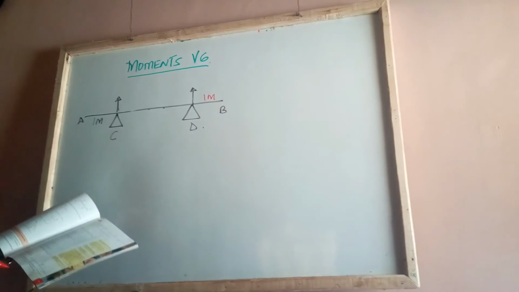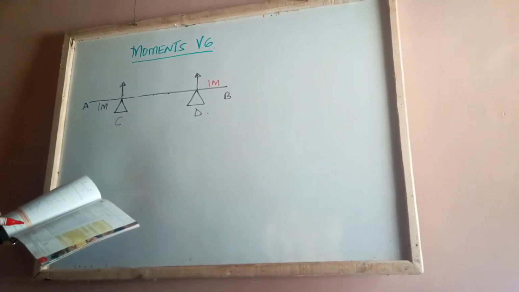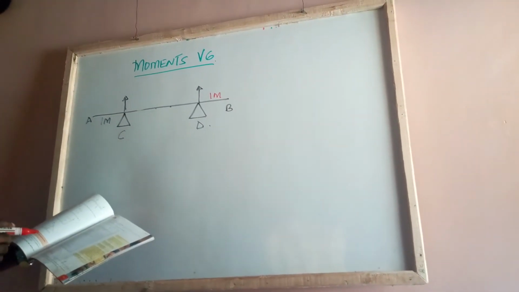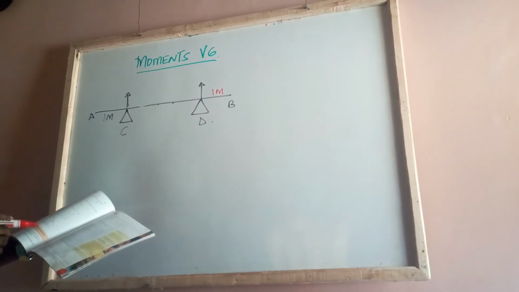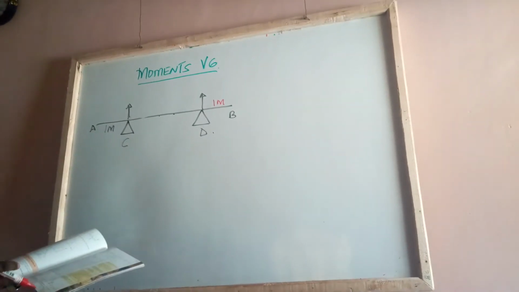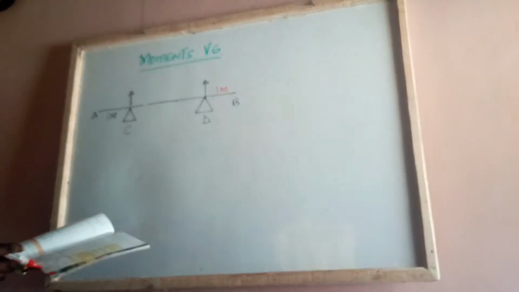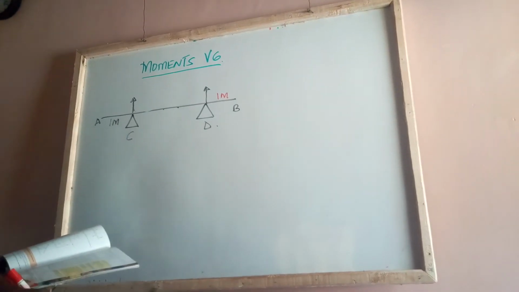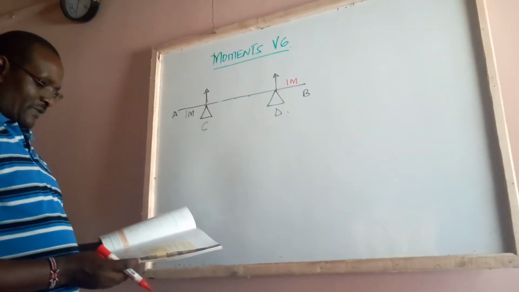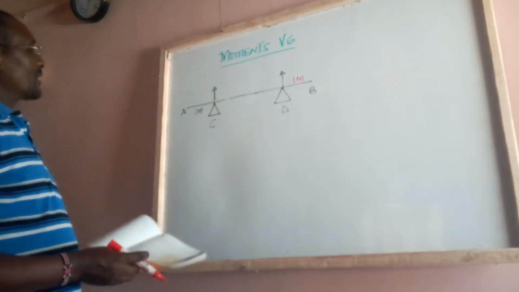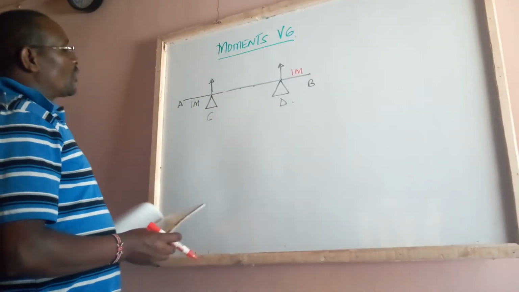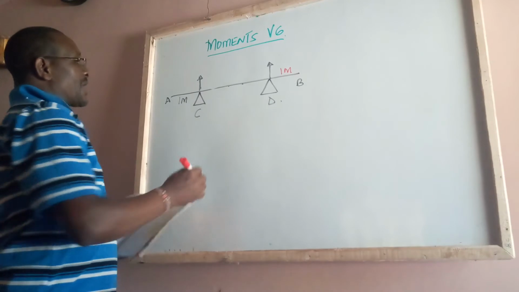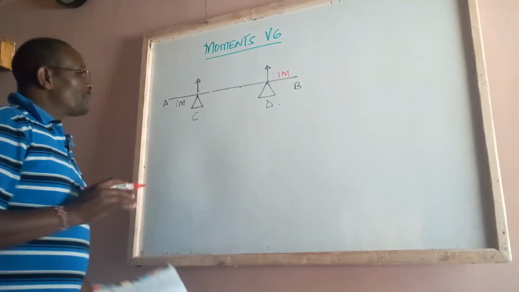When a man of mass 80 kg stands on the beam at E, the magnitude of the reaction at D is twice the magnitude of the reaction at C. We are not told where E is, but we can identify. Before we go to E,